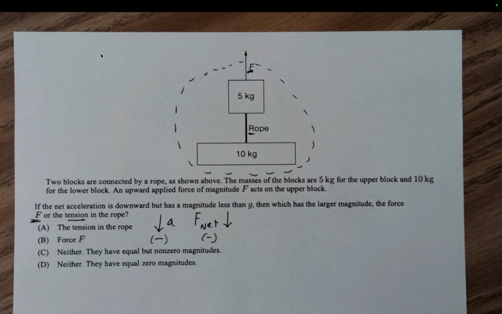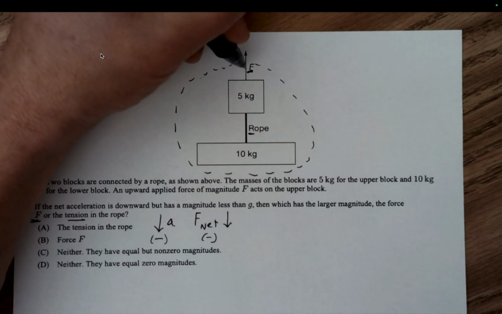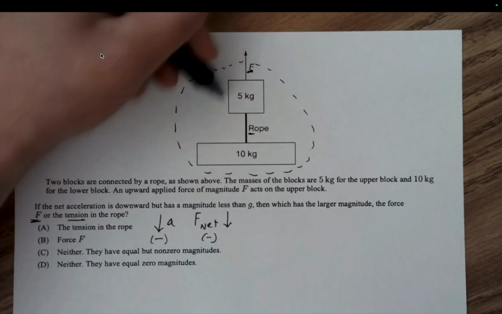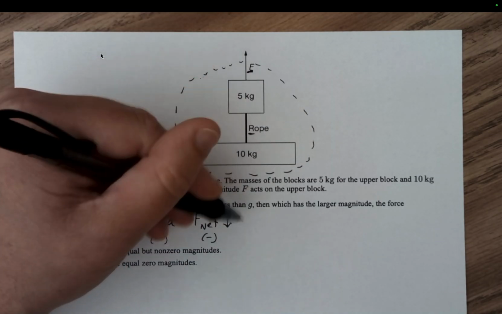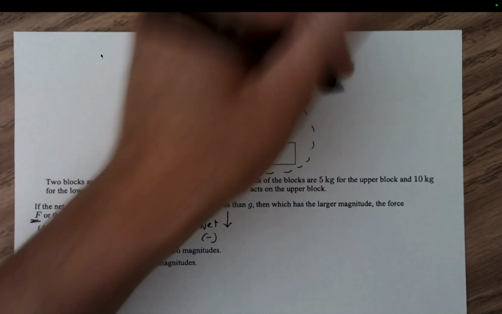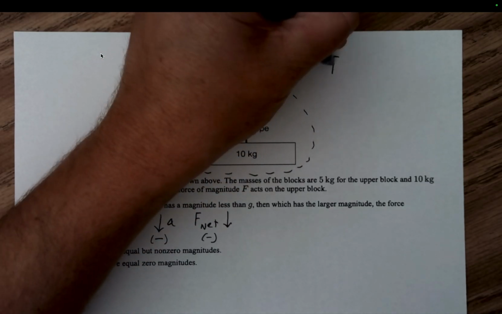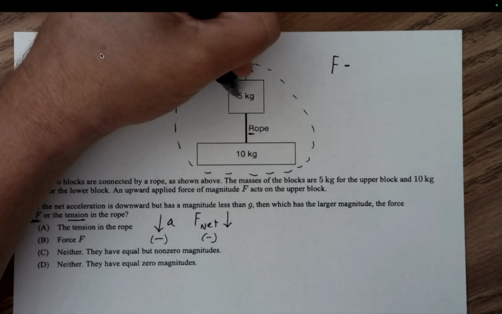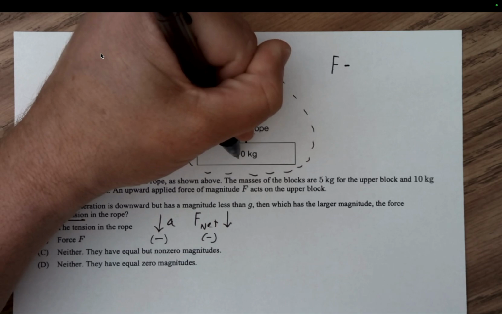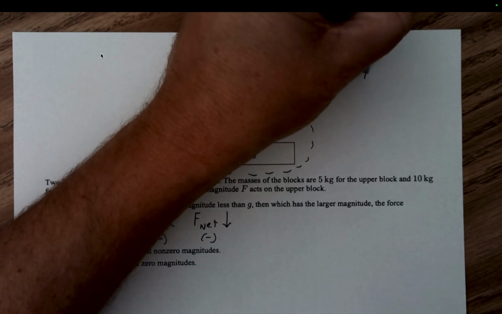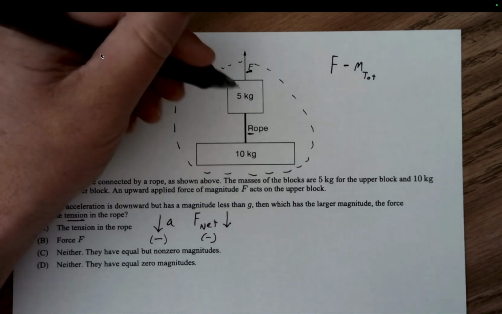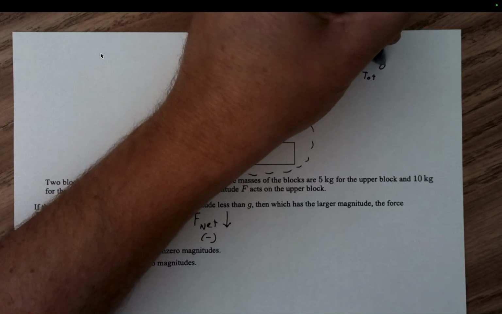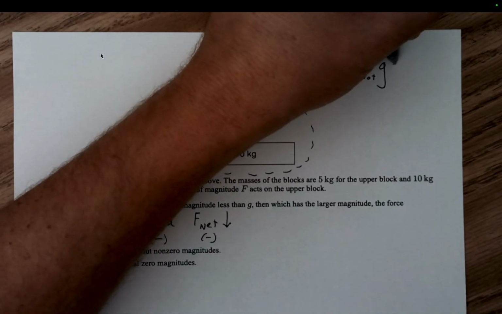As I take the entire system, I see I have one force going up, and then I have these two blocks, and there are no ropes acting going out. So as I get to this, I have my force F up minus the M of the 5 kilograms and the M of the 10 kilograms, or I'm just going to call that M total, the total mass, because the 5 kilogram is getting pulled up and the 10 kilogram is getting pulled up and pulled down by gravity, and this is going to equal to the total mass